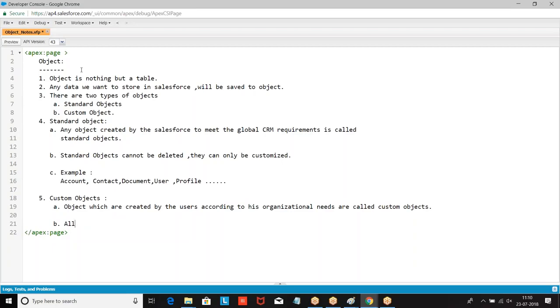All custom objects will have __c, underscore C, as an extension after the name.